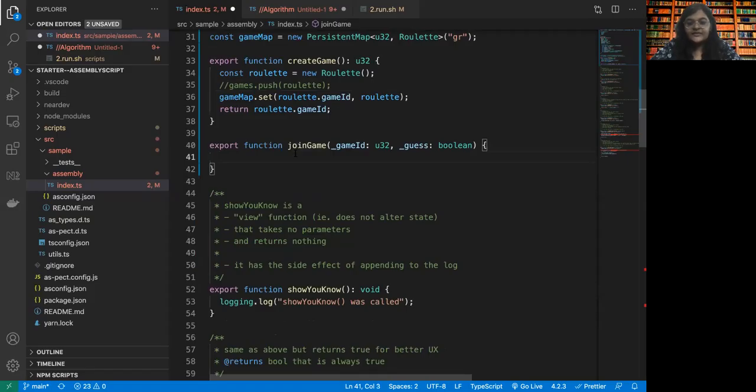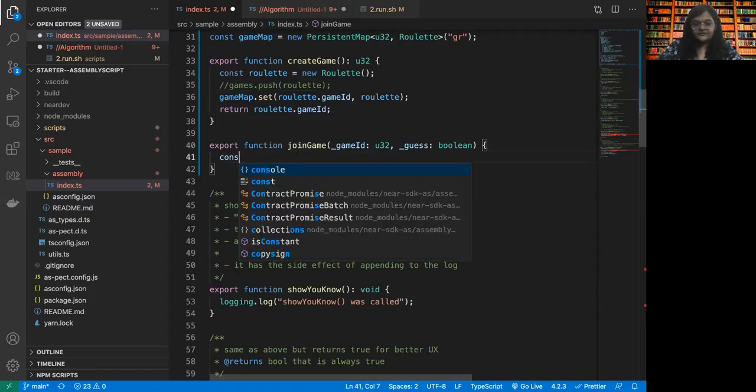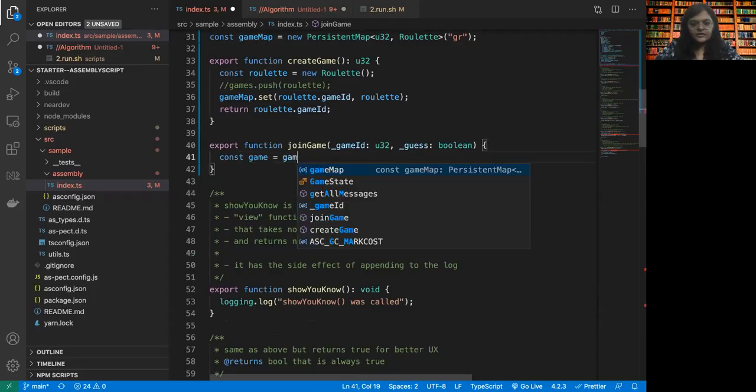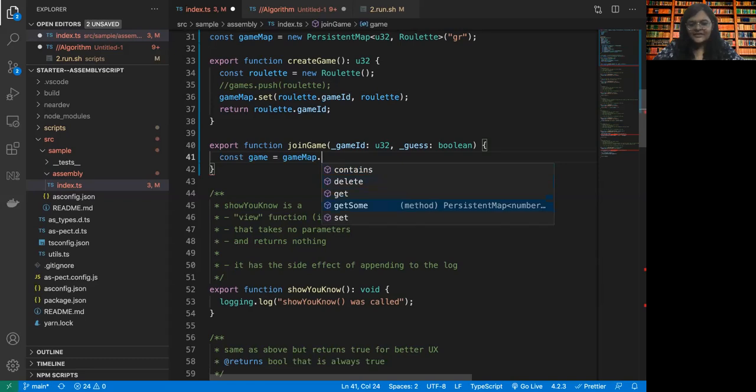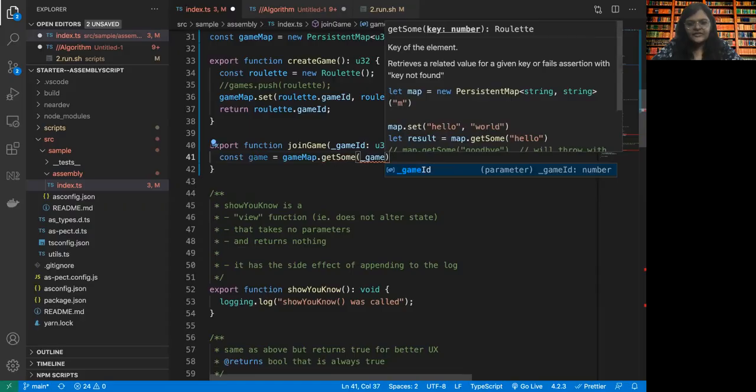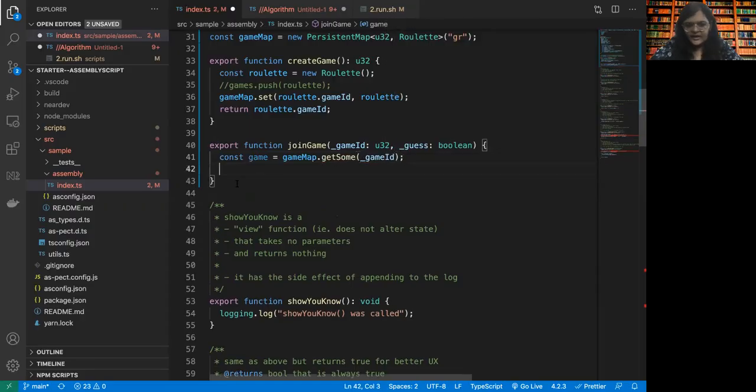All right. So now what do we need from here? We have the game ID. So we need the game itself, right? So I'm going to say game is equal to, and I'm going to call the persistent map dot get or get some. And I'm going to say, given this game ID, give me that game, right?